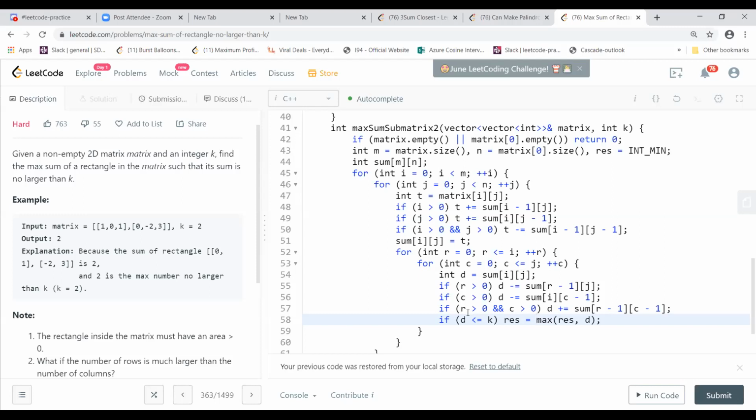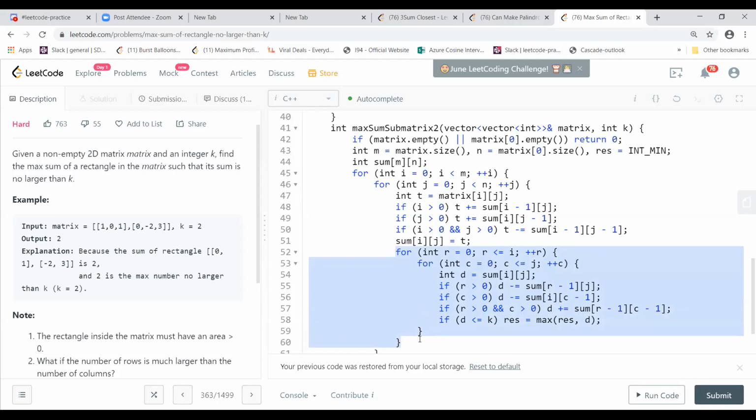The rectangle inside the matrix must have an area greater than 0. So how do we check that? For the area to be greater than 0, the value of R and C should be greater than 0. So if it is 0, then it won't enter this loop.